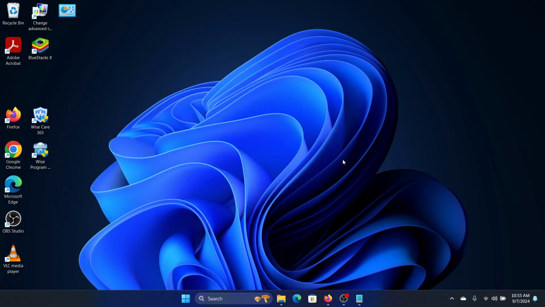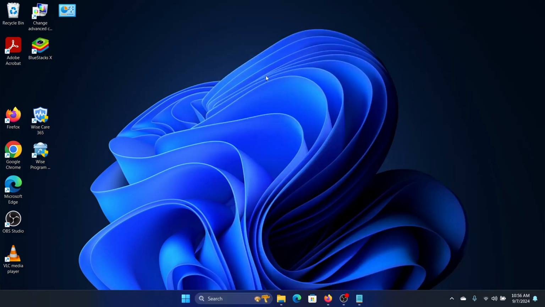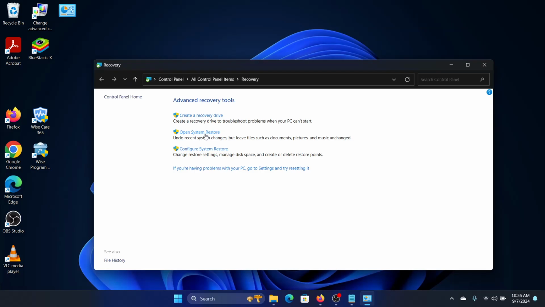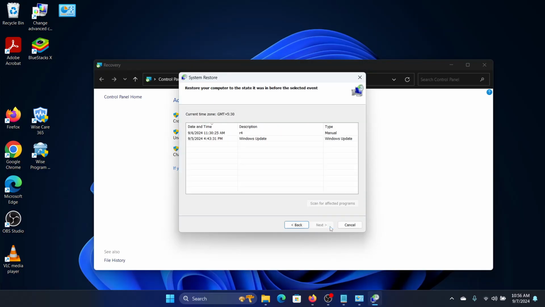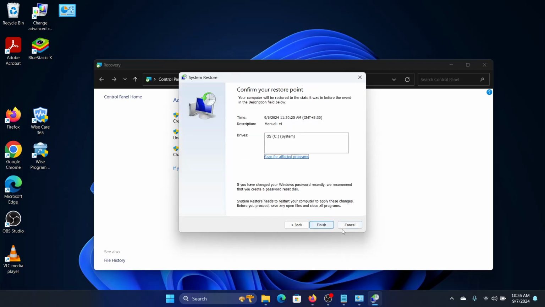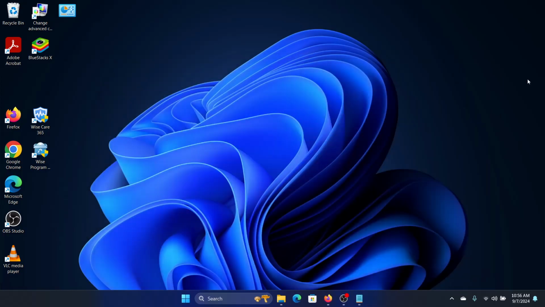Now the second thing we'll do is a system restore. If the first solution doesn't work, then we will do a system restore. So for that we need to look for recovery, click here, and then click on open system restore, click on next, and then we'll select the restore point, click on next, and then click on finish, and this will restore your system to an earlier date and time where